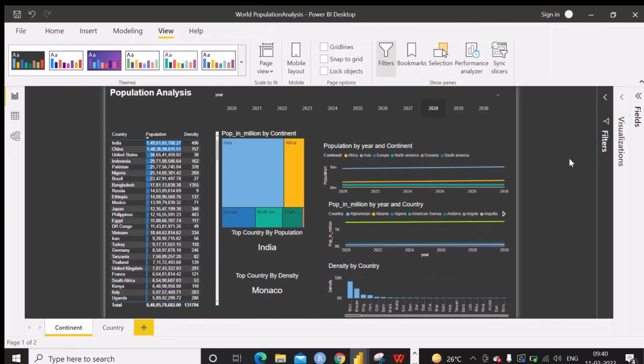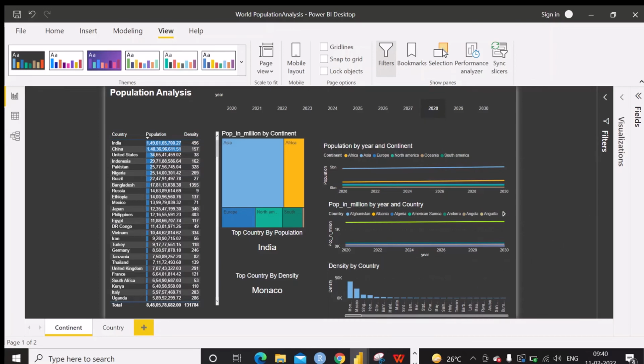Now we have developed the application. When you look into the application, we have the years filter 2020 to 2030. There is a heat map for Asia or any continent, and these two line charts are for population continent wise and year wise, and these two were not impacted by the year filter. Here we have the density by country.